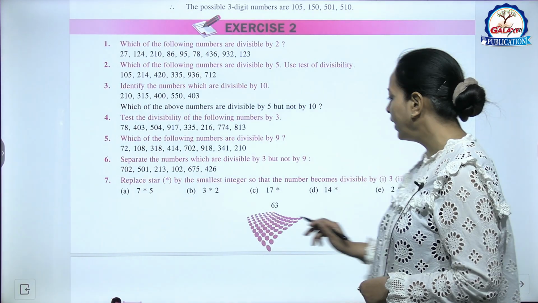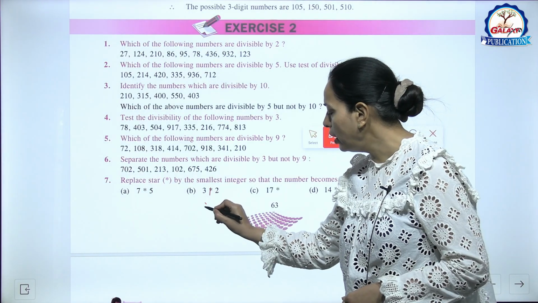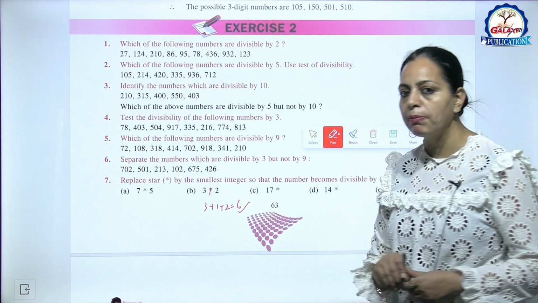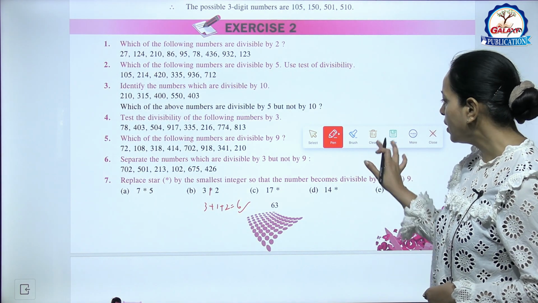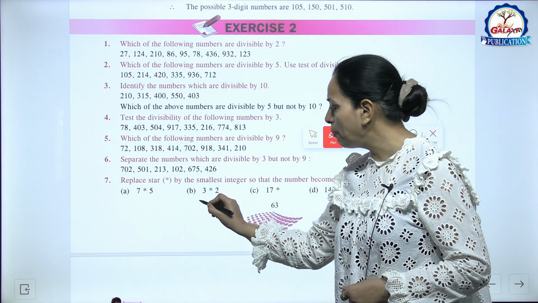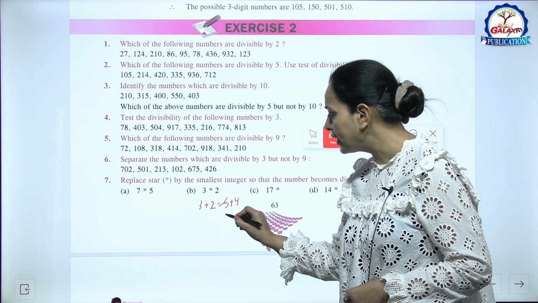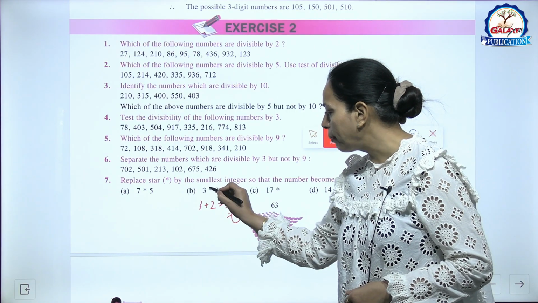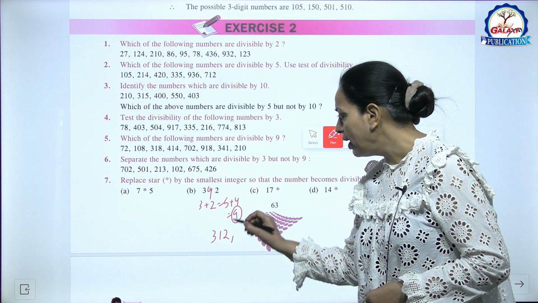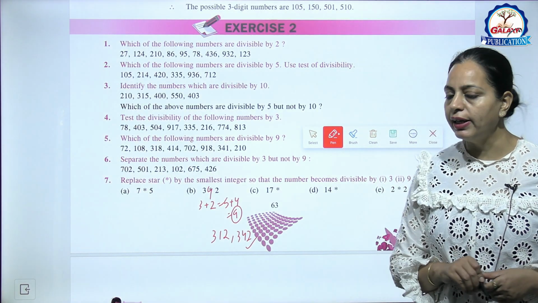See now B part, like 3 star and 2. तो star की जगह अगर हम 1 लिख दें, 3 plus 1 plus 2, this becomes 6. So divisible by 3. Okay, but अगर हमें 9 से divisible करना है, so what shall we write? 3 plus 2, 5. तो 5 में हम क्या ऐड करें? 5 में हम 4 ऐड कर दें, it becomes 9. तो यहाँ पर आ जाएगा 4. So 312 divisible by 3 and 342. It is divisible by 9.